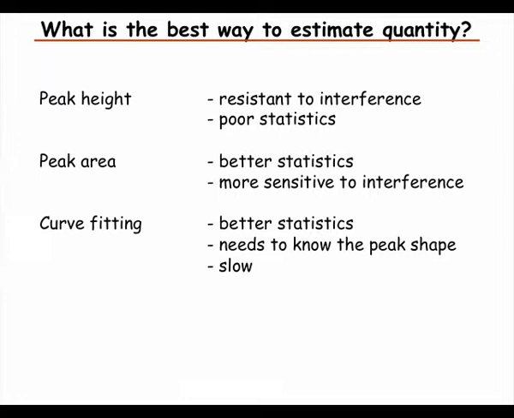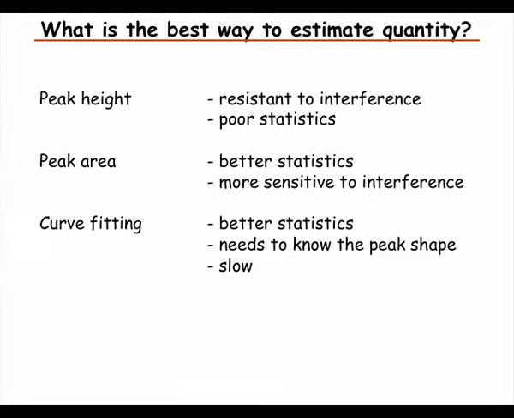So let's go back to how one chooses how to estimate quantity. If we choose the peak height, the nice thing is that it's resistant to interference. So if you have a peak and then a shoulder from another peak, the peak height is quite resistant to that. But since we only use one measurement, there could be quite a variation because, as you see, some of the peaks have points that are